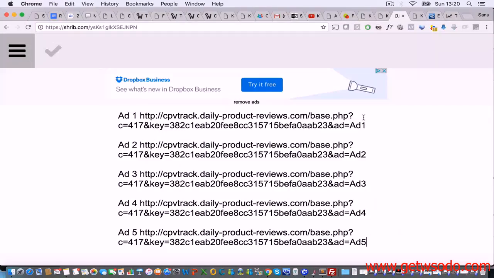And what's going to happen is every single time there's a click on ad 5, okay, CPV Labs is going to register that it came from ad 5, and then this part right here is going to be displayed within reports. So if there's a conversion from ad 5, this is how you can see exactly what ad created the conversion, and which ad is profitable and which ad is not, by making sure that you assign a specific name, right, for the ad parameter for each ad. And if you do this, let's just do an example. So if we were to get a click on ad 5, right here, so we click ad 5,